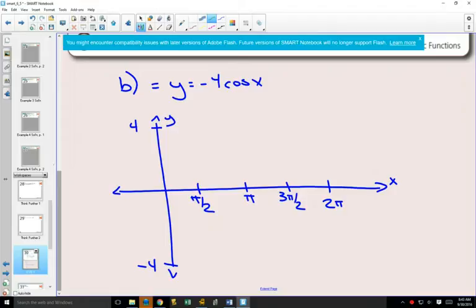So instead of starting at a maximum, cos this time is going to start at a minimum. And the reason we always set up our 4 sections is then we can bounce from maximum to center line to minimum and so forth. So if we're at our minimum, at pi over 2, we're going to get back to our center line. At pi, we're going to be at our maximum, 3 pi over 2 back to our center line, and 2 pi back to our minimum. Now we can draw our cos curve through that. And our amplitude here